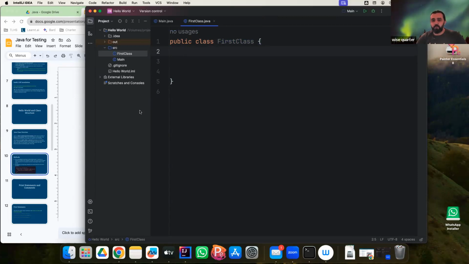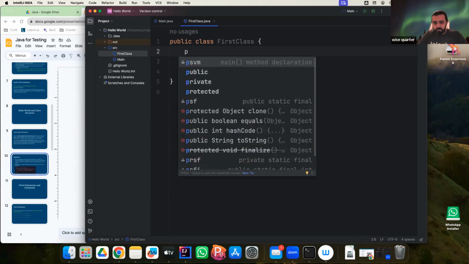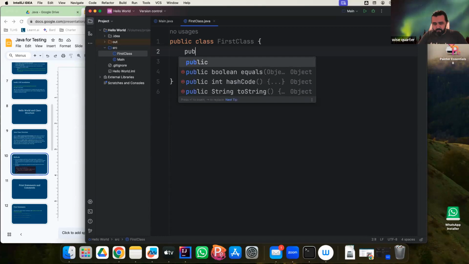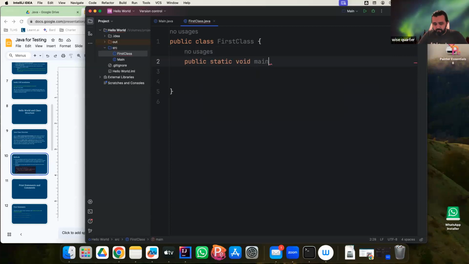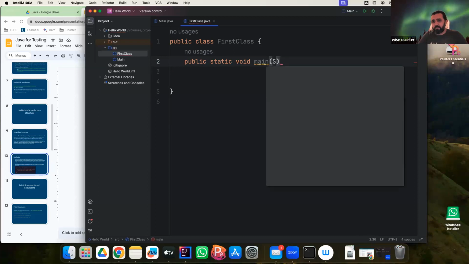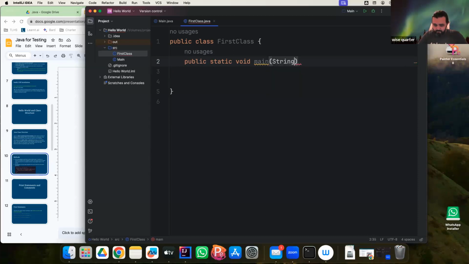So how does the computer know that the code belongs to a class? With these curly brackets. So your class must have opening and closing curly brackets. So we said every program must have a main method. So let's type in the main method: public, static, void, main, and then we have String, args,